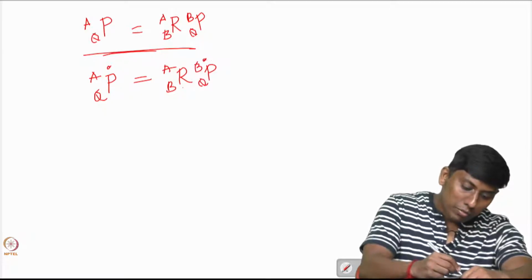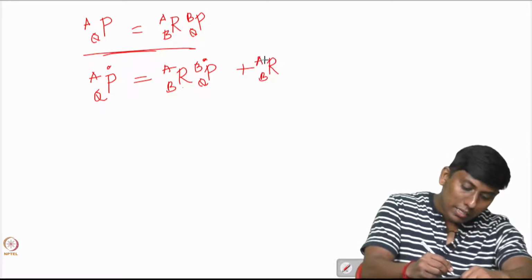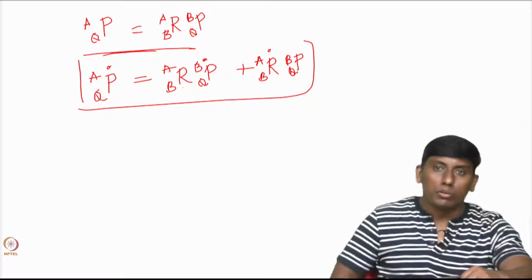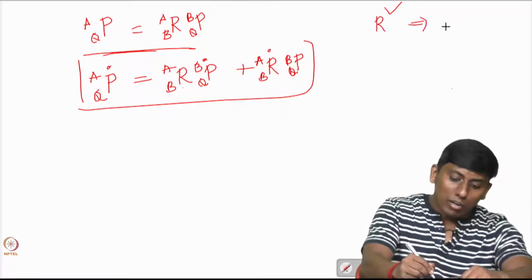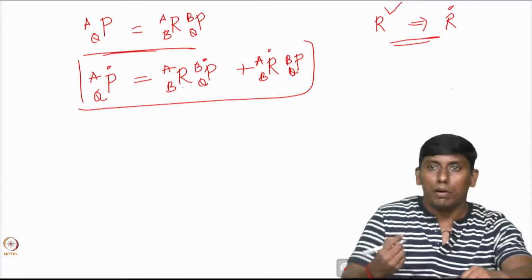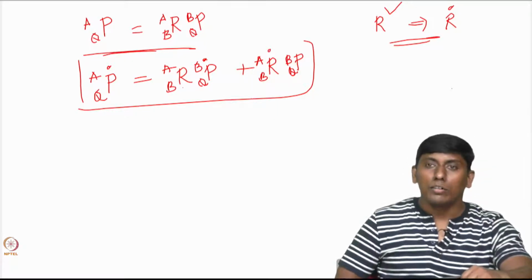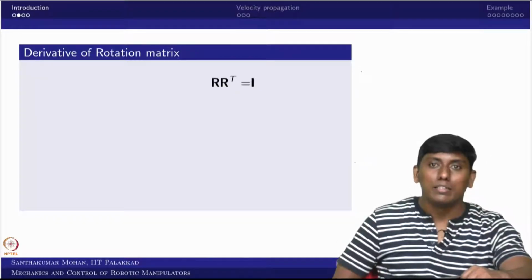Okay, this vector would have an independent plus, so this is R_BA dot P_QB, right? Now this is actually for pure rotation. But what we know is R, can I actually find R dot in some other form? This is probably one of my concerns. So can I actually do it? For that we are taking one simple idea.